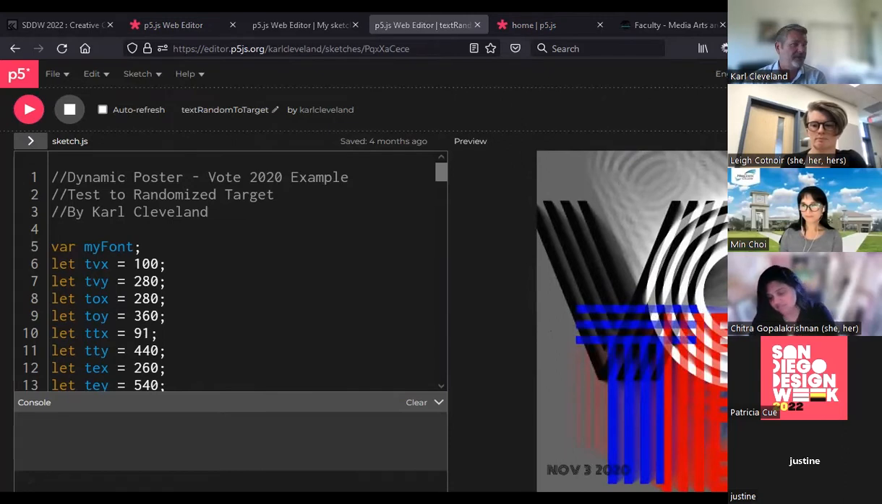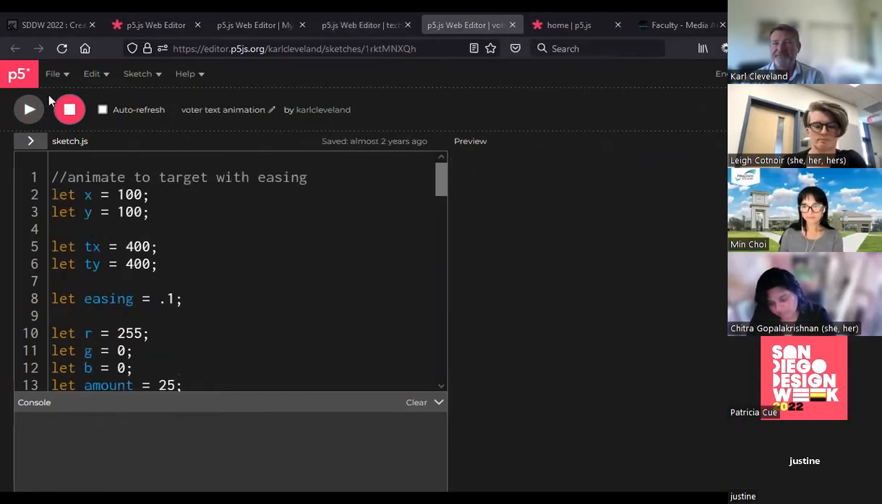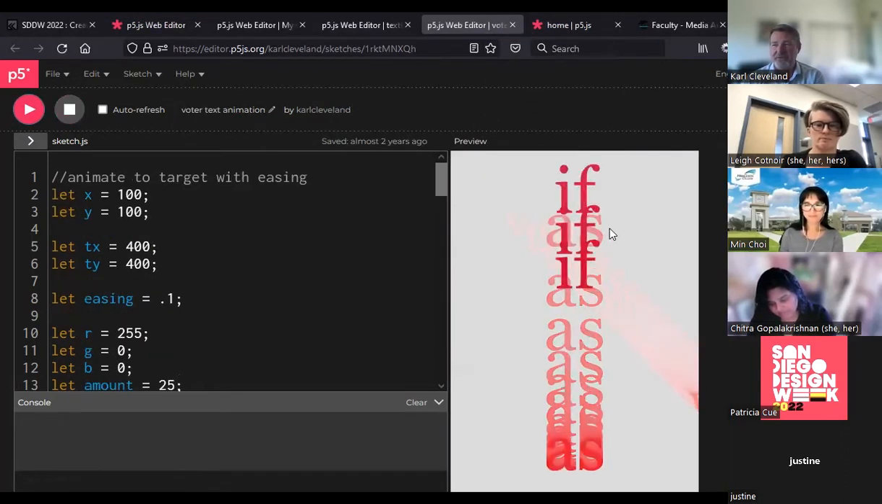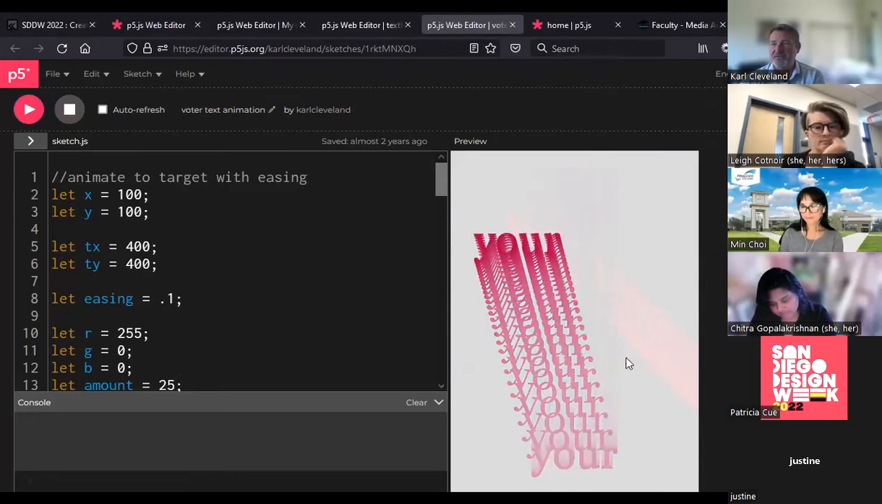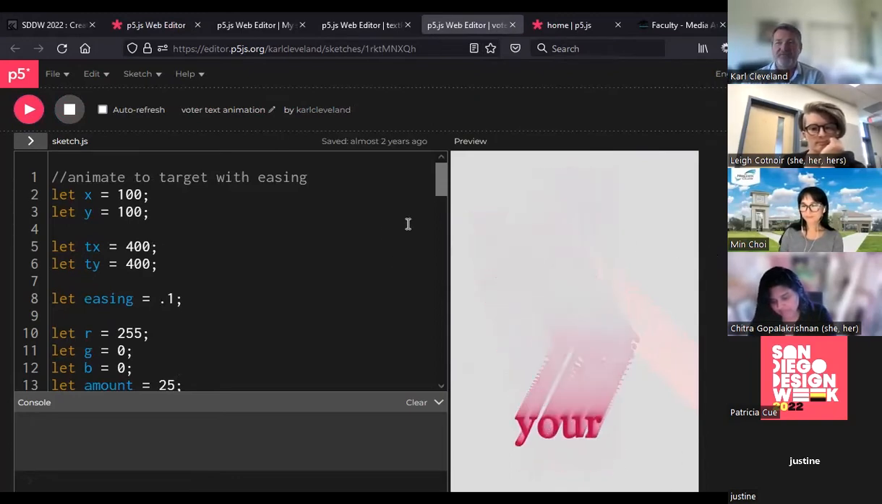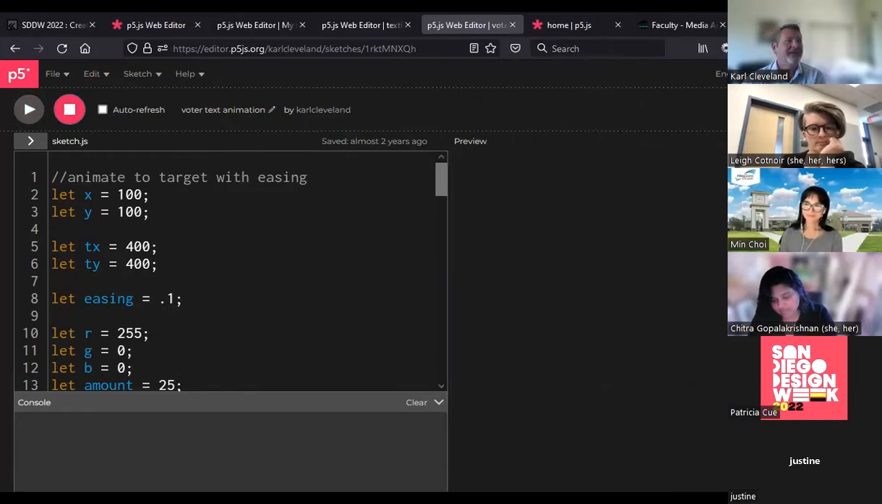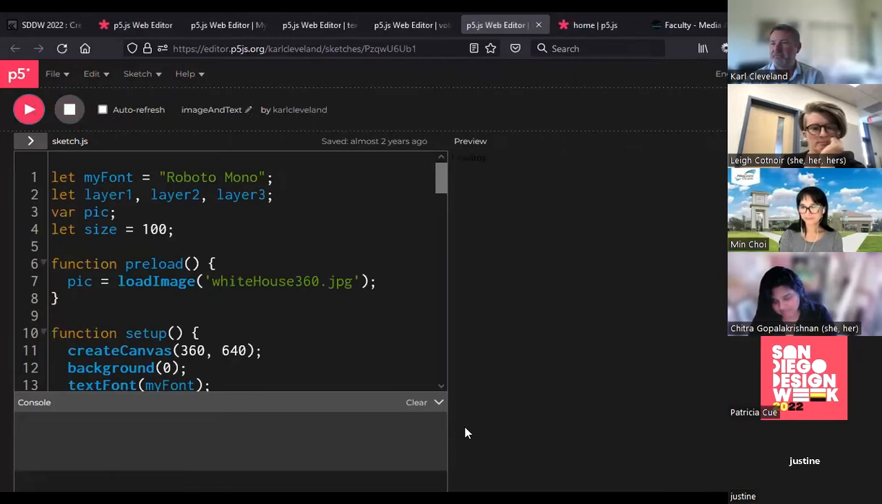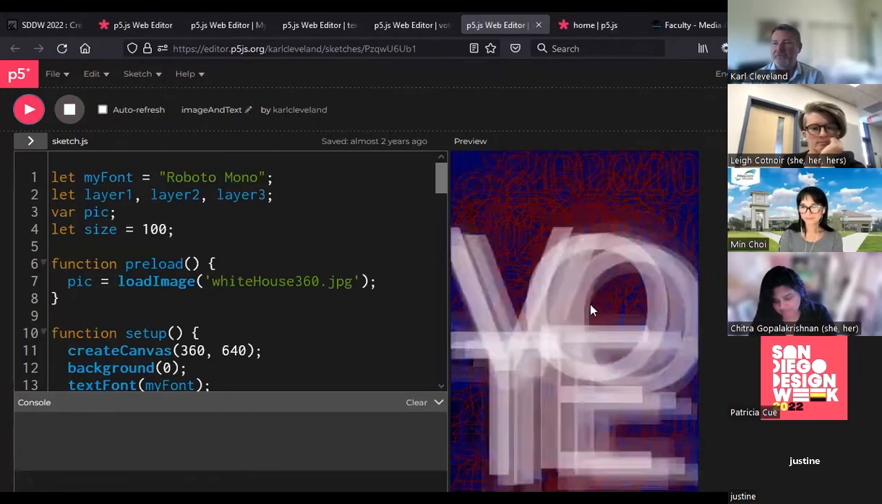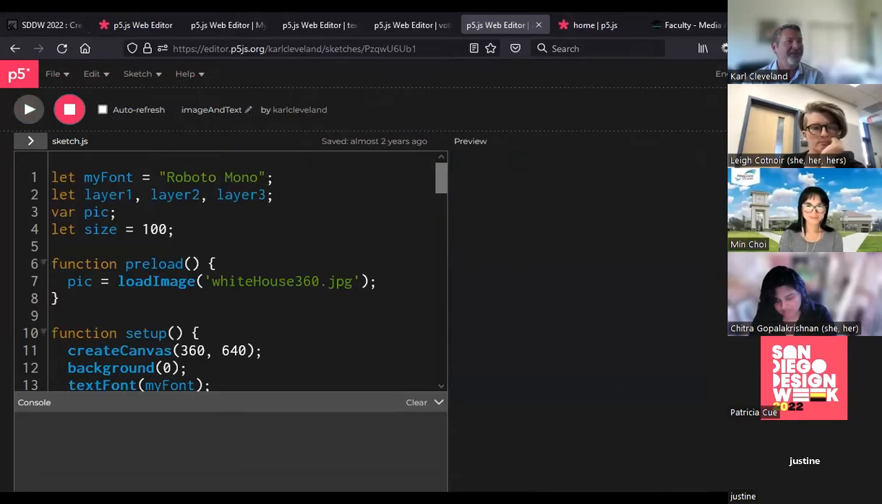Just to show you maybe some other ones, I was playing around with different code posters, and this one just sort of follows the mouse around and says "vote as if your life depended on it" kind of thing. These are all sketches that I'm able to save out. Let's see, maybe this one right here, image and text. I can't remember what all of them do. This one just sort of moves around in some crazy ways. Maybe this one,